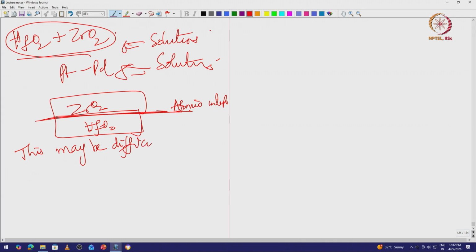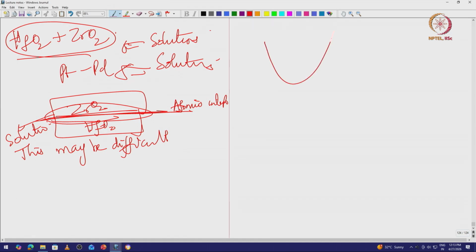Why? Because hafnium oxide and zirconium oxide would like to form a solution. So, they will form a solution here, let us say. They want to form a solution. It is no longer pure hafnium oxide or pure zirconium oxide, they want to form a solution. So, this is something that one needs to take into account, the solution thermodynamics. Okay. All right. Now, they will form a solution, of course,